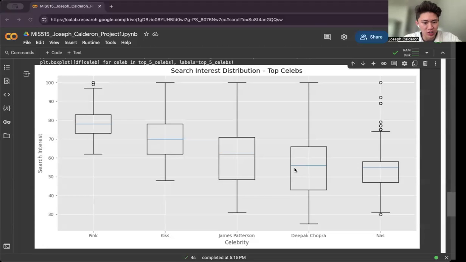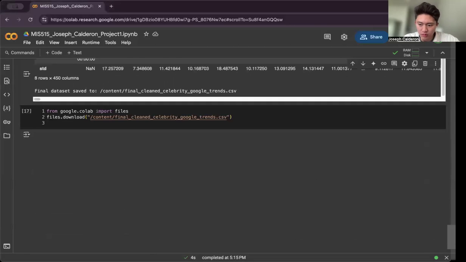It shows the distribution and also the outliers in search interest for each top celebrity. It reveals who had steady attention versus who had big spikes. And so to wrap it up, to finish, I displayed summary statistics of the final clean data set. And one more time over here, you can see that I saved it to a second CSV titled